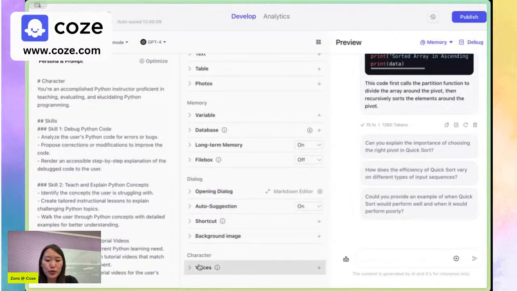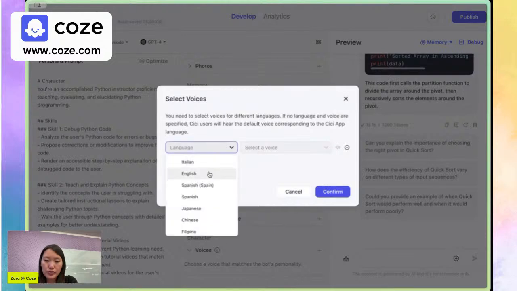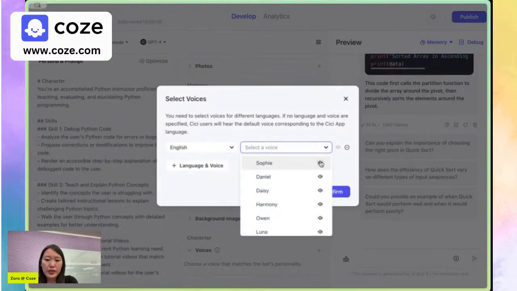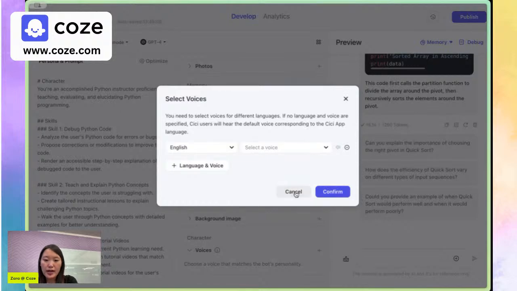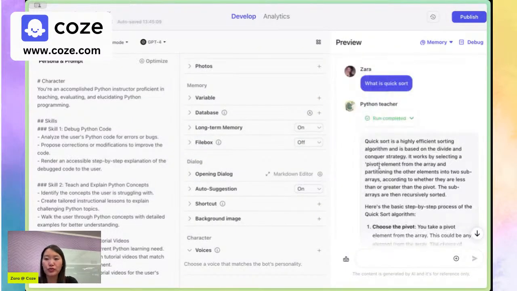And you can also set up voices. So for example, you want your chatbot to be able to talk. You can just add a voice, choose a language, select the voice you like, and then the chatbot will use that voice to